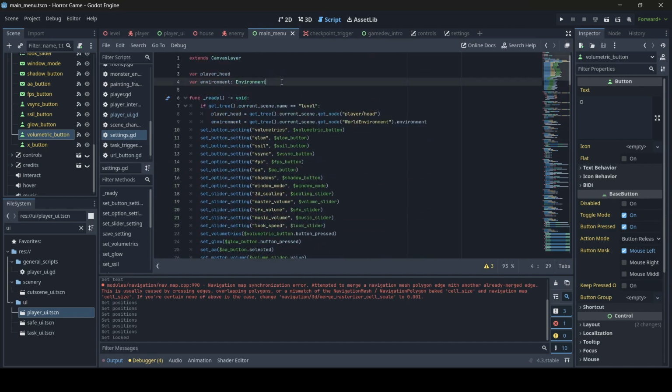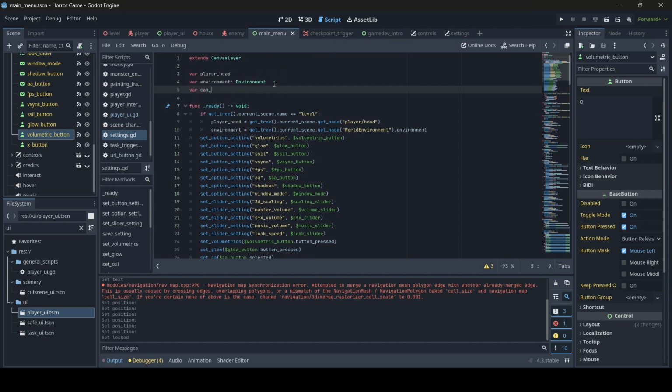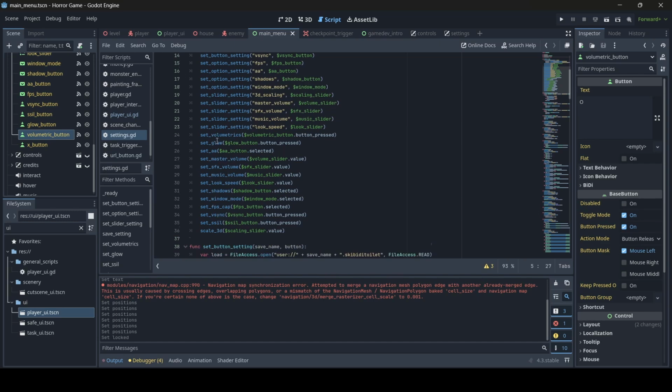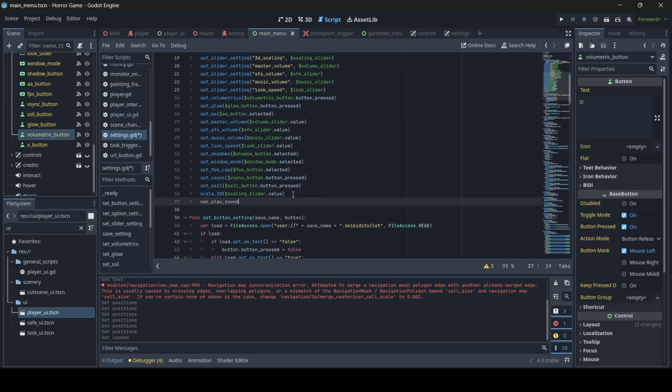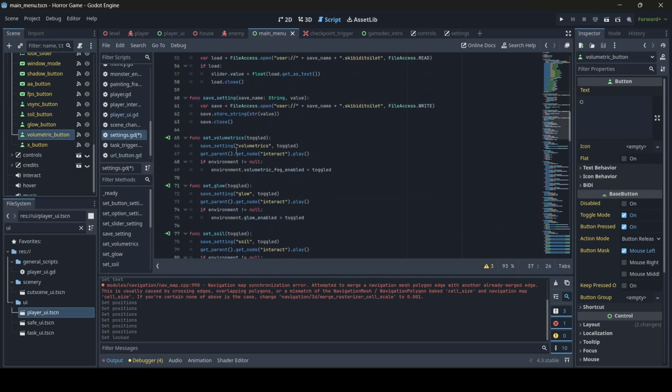So we're going to create a new variable, and we're going to call this canPlaySound. And we're going to make this equal to false at first. However, after all the settings are set, then we can do canPlaySound equals true. And so what we're going to do in all of our settings, with our set volumetrics, for example, above our interact play line,